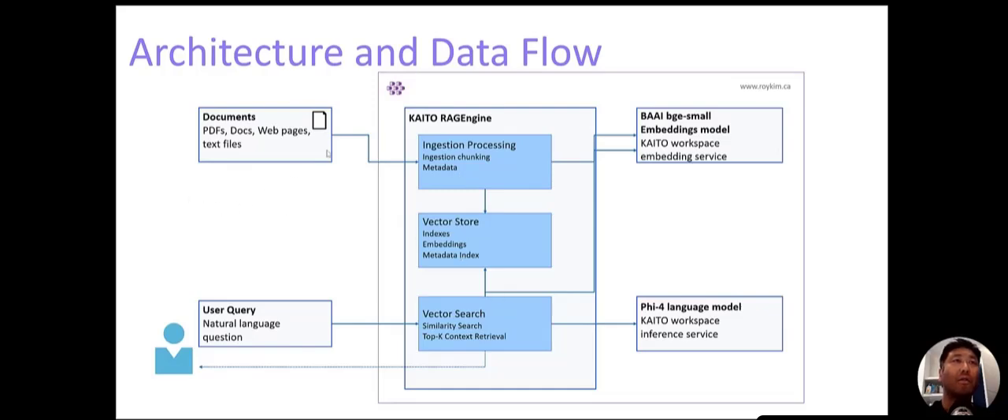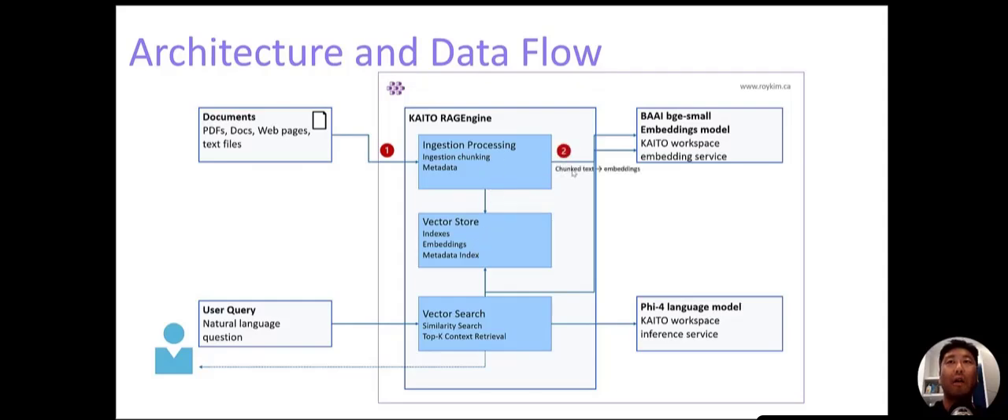Right here on the left, we have your documents: PDFs, docs, web pages, text files, but you need to ingest these documents in text form. So you need an ingestion pipeline that parses through PDFs and brings it in text format. The RAG engine has ingestion processing that helps out of the box to do ingestion chunking, applying metadata on the chunks, metadata such as author, created by date, tags, department, all those things. And